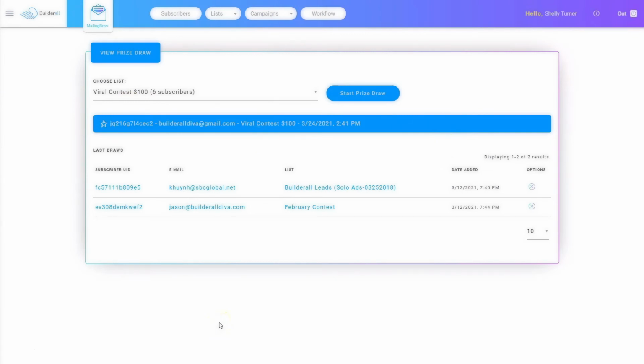Don't forget that if you have a minimum referral requirement, you can go back into the subscriber list and look up that person, and you'll be able to see if they got the required 3 referrals or whatever number of referrals you require to be able to qualify to win the contest. So that's how you check and see the ranking if it's a ranking contest, or the random winner if it's a prize drawing random winner.